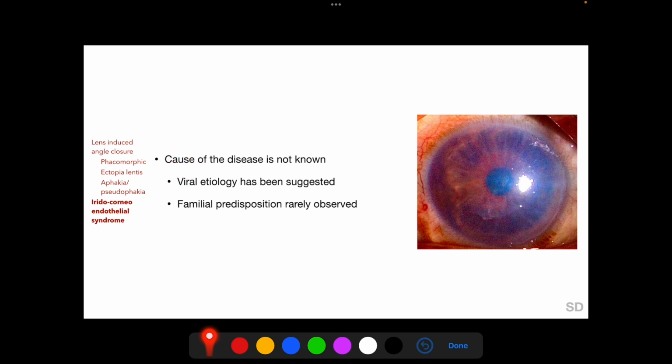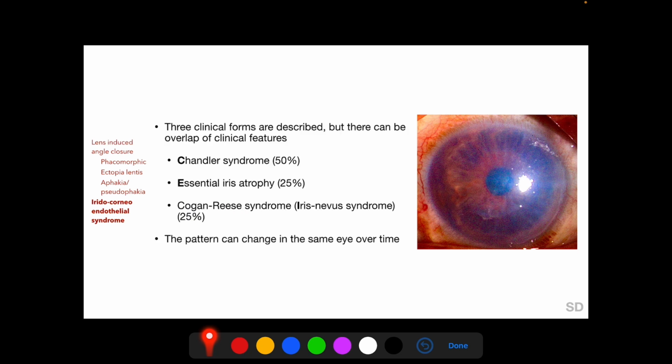The cause of the disease is not known, but a viral etiology has been suggested, and familial predisposition is rarely observed in this condition. Three clinical forms have been described, but there can be considerable overlap of clinical features between them. One study described as many as 50% of ICE patients having Chandler syndrome, and essential iris atrophy and Cogan-Reese syndrome contributing equally to the remaining 50% of ICE patients. And the term ICE also describes the initials of these three syndromes. And it has been seen that the pattern can change in the same eye over time from one of these